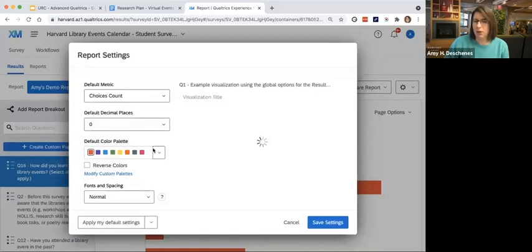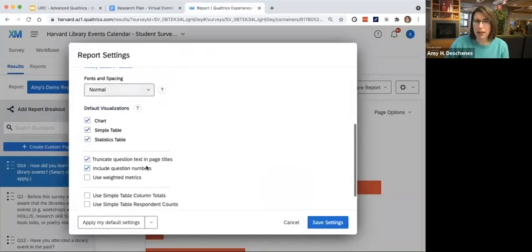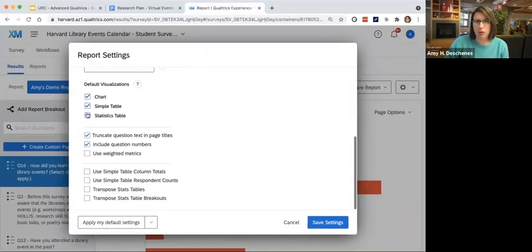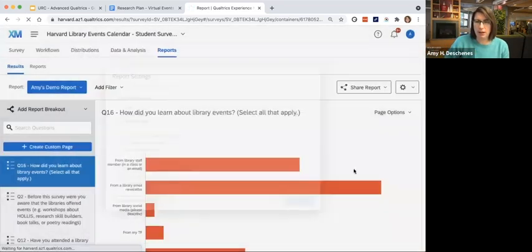Or if you want to change your color palette, or if you just want charts, you could turn these off. So right now, for every question, this report will generate a chart, a simple table, and a statistics table.